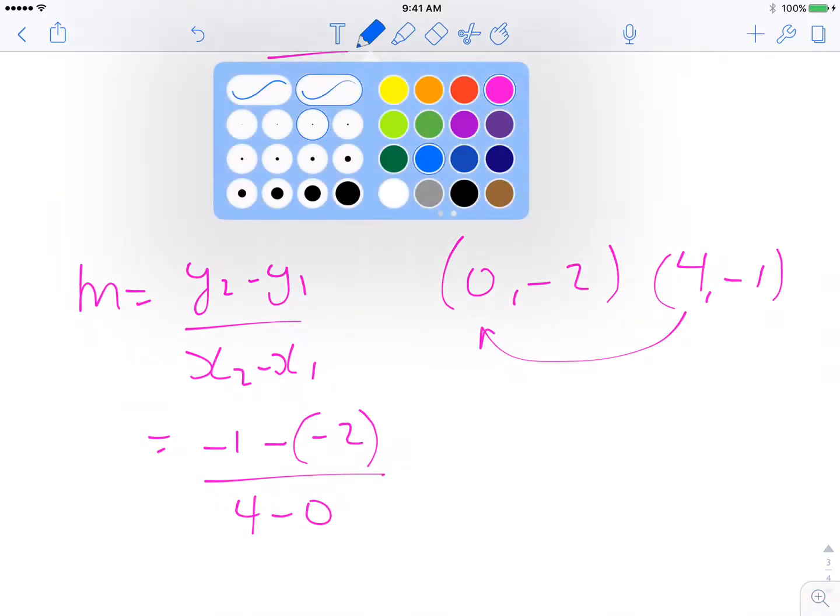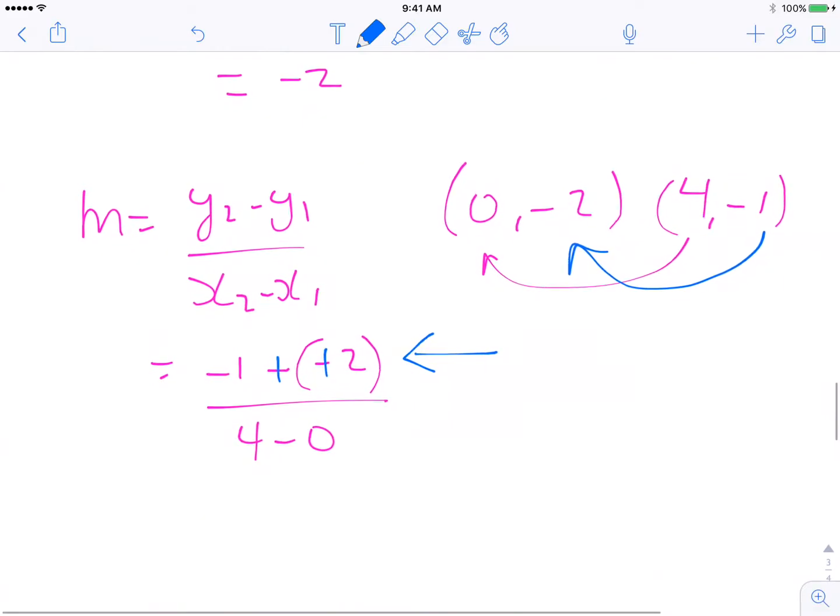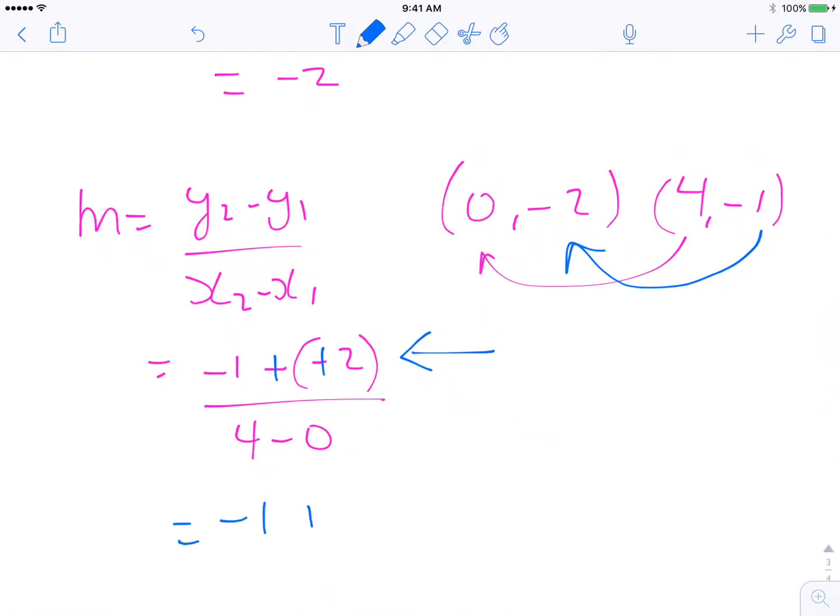Now, as I mentioned in class, as you become more sophisticated in your math, you'll realize that for y2 minus y1, you have negative 1 minus negative 2, or subtract negative 2. When you have that, we know that the rule is change subtraction to addition and the following integer to its opposite. So we really have negative 1 plus positive 2 over 4 minus 0,